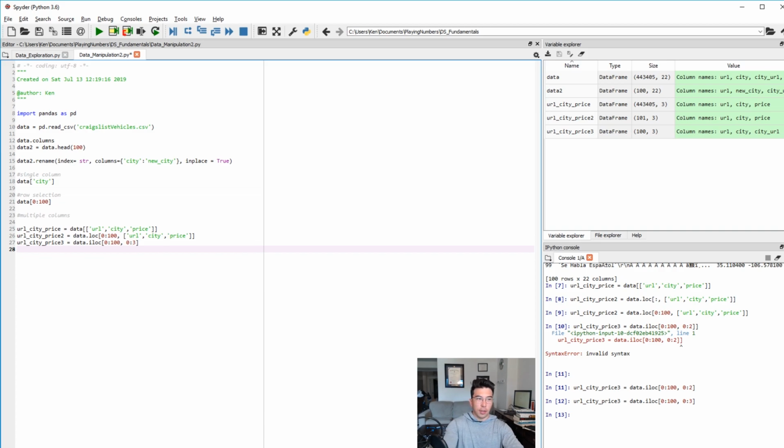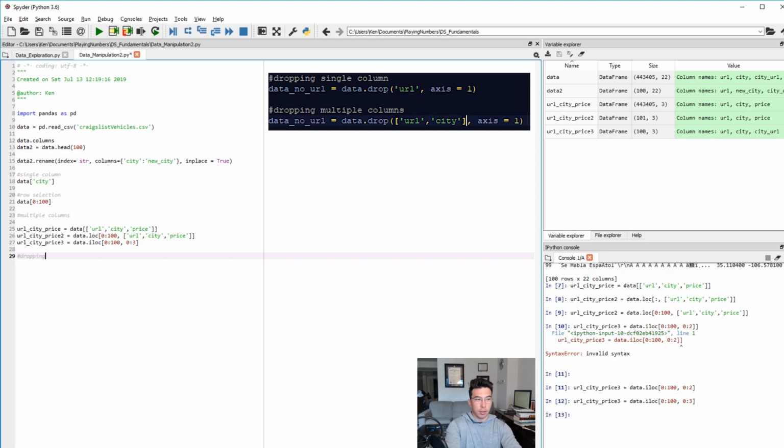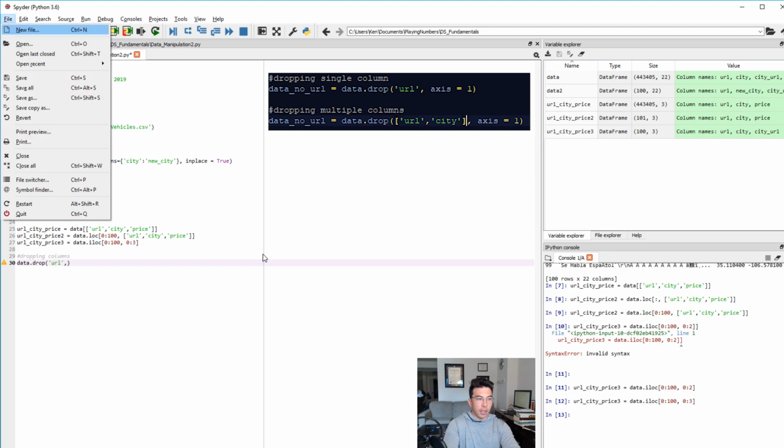Another thing that is relevant, which could save you time as well, is dropping columns. So let's say I have a really big data frame, but I only want to drop 2 or 3 columns. It doesn't make sense for me to go in and type in all of these things. It makes sense for me just to drop the ones that I don't necessarily want. So to do that, I can do data.drop, and then I pass in the columns that I want to drop. So let's say I want to drop URL, and for this I have to set